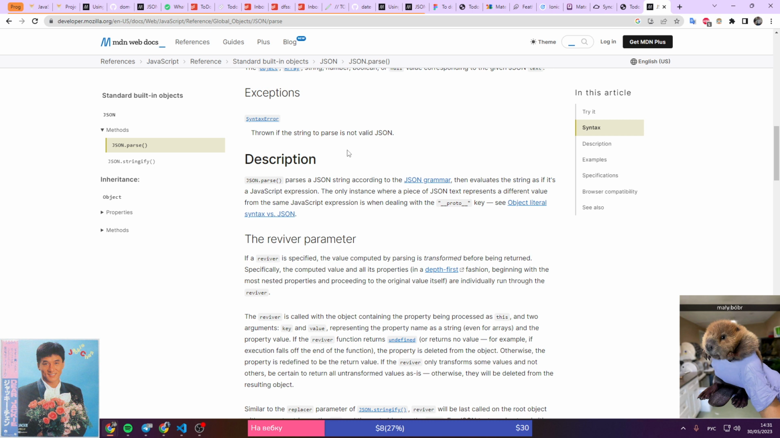Parses a JSON string according to the JSON grammar, then evaluates